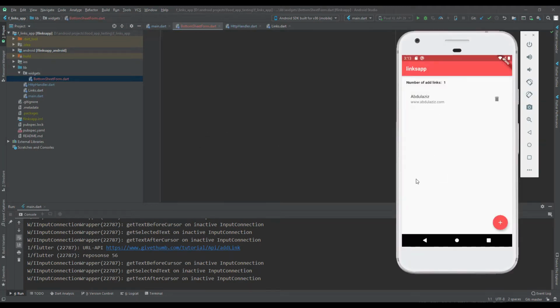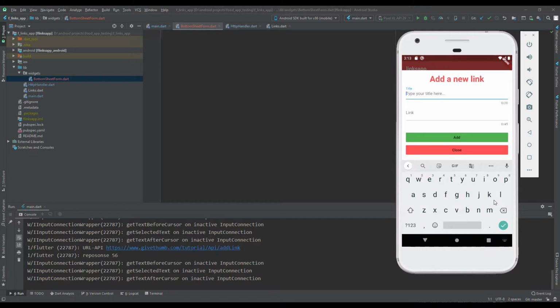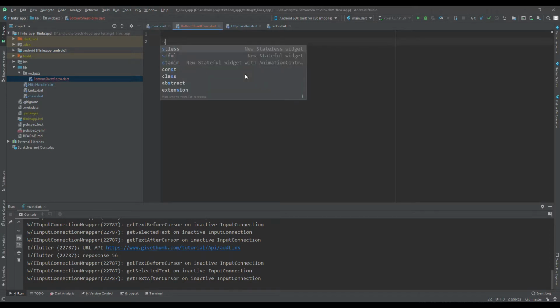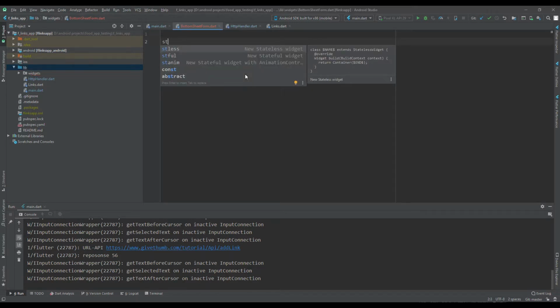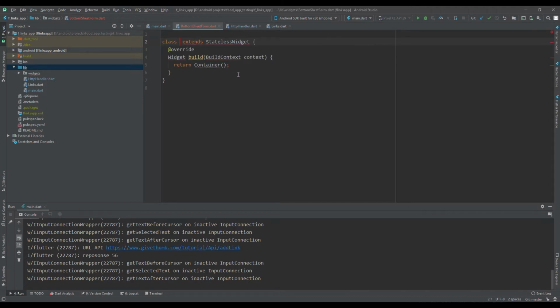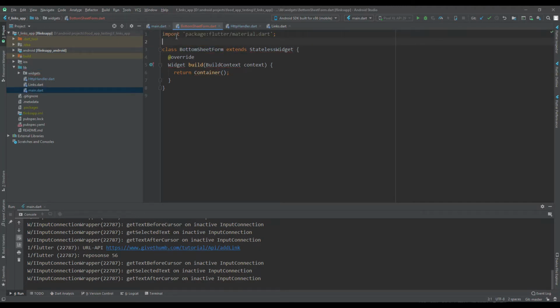So here we have the virtual device. I'm going to move this part, the bottom sheet, into a new widget, and this new widget holds this bottom sheet. And since this bottom sheet has this static form that will never change, I'm gonna make this new widget a stateless widget. So just type here stless, bottom sheet form. Then import the material package